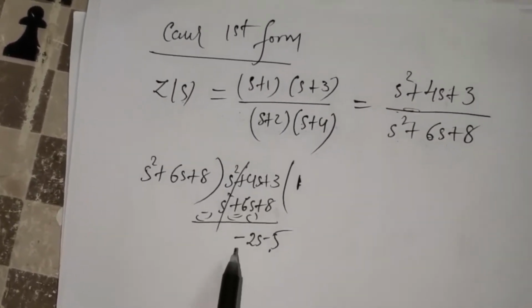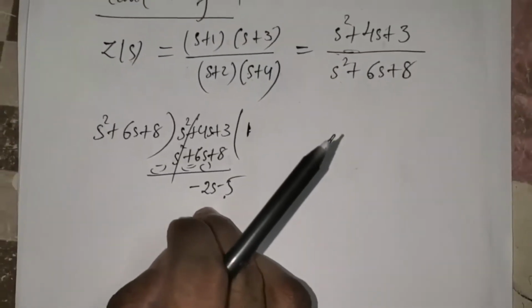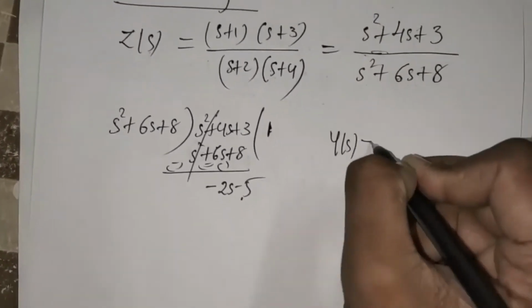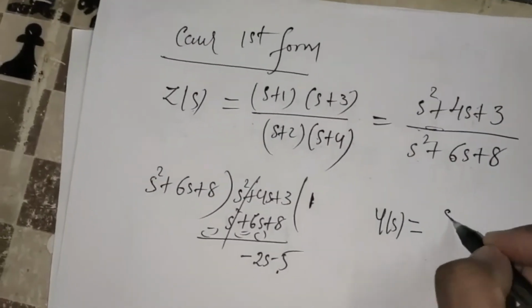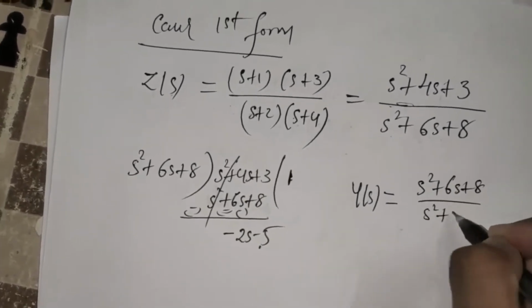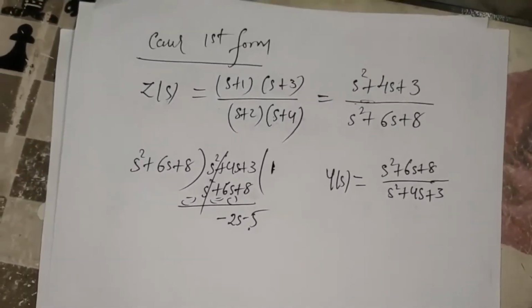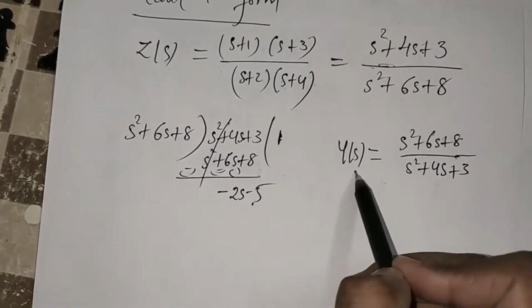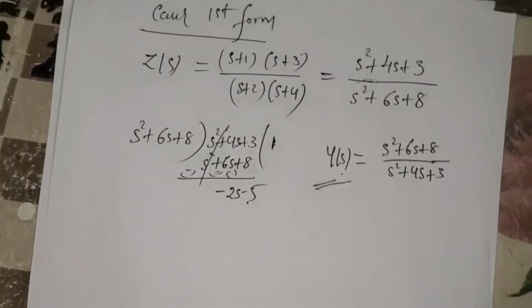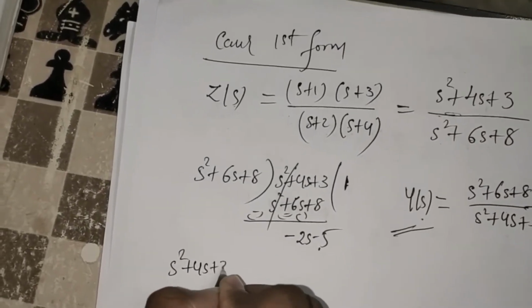So we know the procedure that if the remainder becomes negative, we should consider y of s. So the y of s is nothing but s square plus 6s plus 8 divided by s square plus 4s plus 3. So after considering y of s, we should apply continued fraction to y of s. So s square plus 4s plus 3